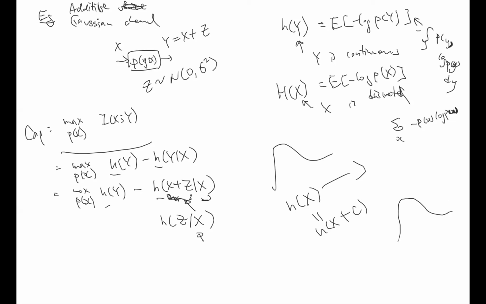Z is a noise applying to the channel, right? So there's no reason to believe that the noise will somehow depend on the input, right? When you have a channel, it's hard to say, but often the assumption is that you put in different inputs, and the noise should be independent. It shouldn't depend on what kind of signal you're sending into the channel. So it's a good assumption that X and Z should be independent. Therefore this will be just equal to H(Z). So it will be H(Y) minus H(Z).